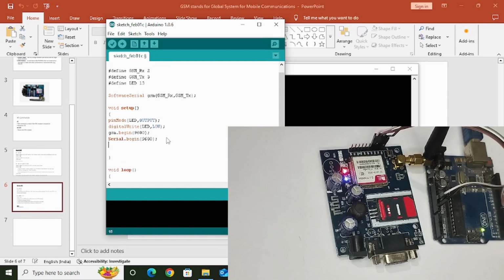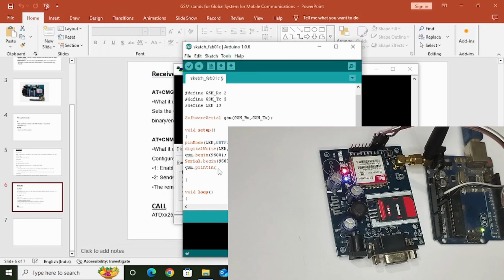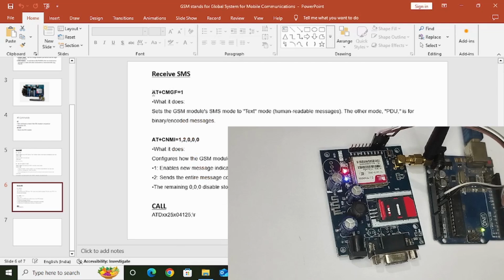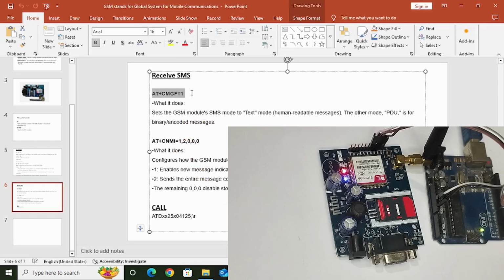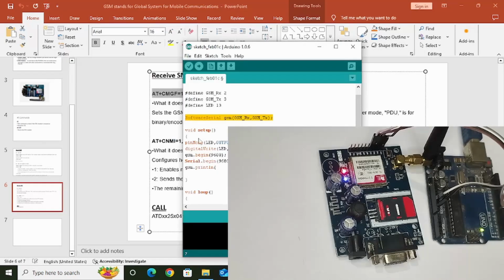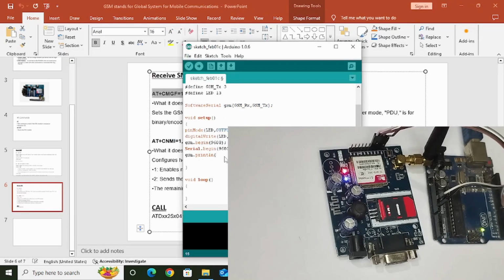Now I have to write two commands. So for that I will use GSM.println. What this println command will do is simply write this message. Whatever I write, it will write it on these two pins. So ultimately it will write it on this GSM module. Okay, so our first command is AT plus CMGF is equal to 1. Okay, so println AT plus CMGF is equal to 1,